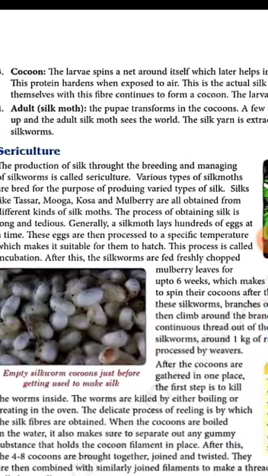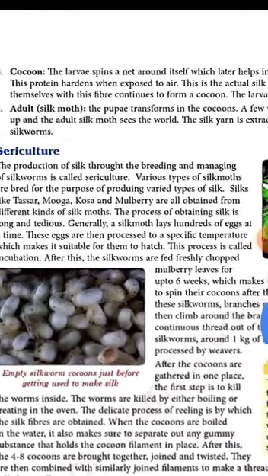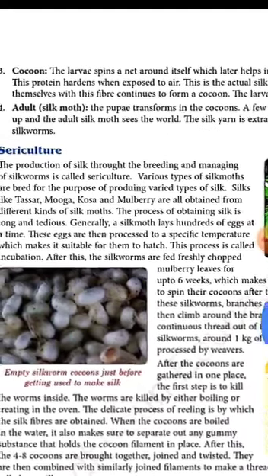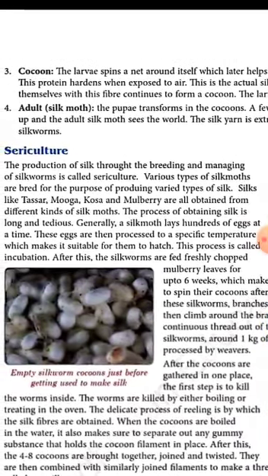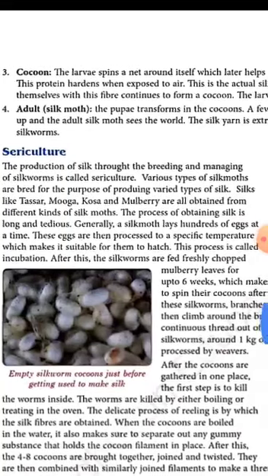So in the form of cocoon, the larva covered itself, and in cocoon the larva changes into pupa. And after few weeks, then pupa changes into the silk moth. As after a few weeks the cocoon breaks or opens up, then pupa changes into silk moth, and silk moth just like a butterfly comes off. So the adult silk moth is the fourth stage.